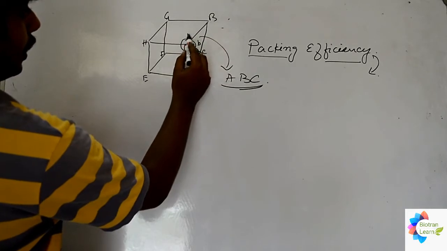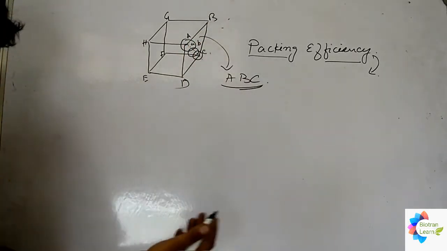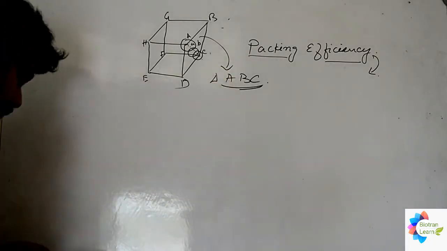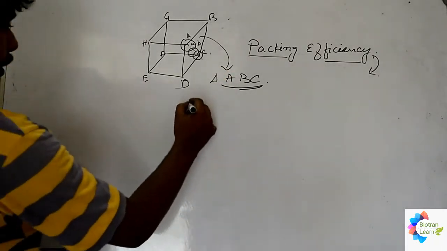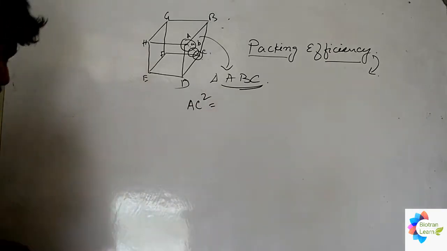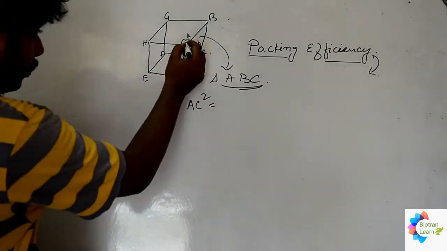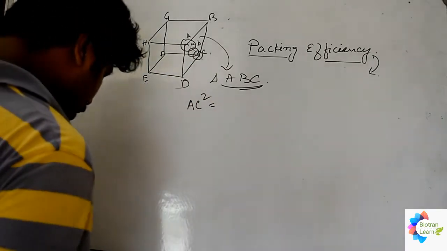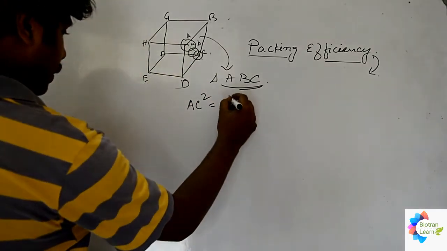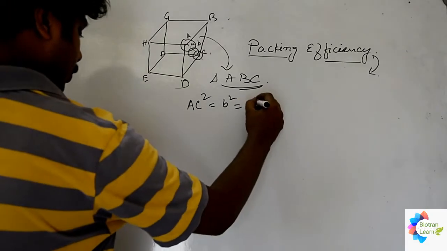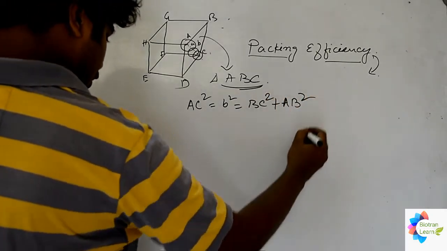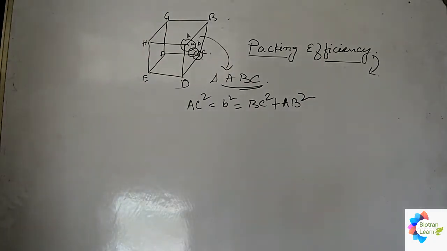Right now I am having A, B, C, right? In this particular section, let's go for the Pythagoras theorem again. AC square, this portion you can see, will be equal to BC square plus AB square, right? In this way,